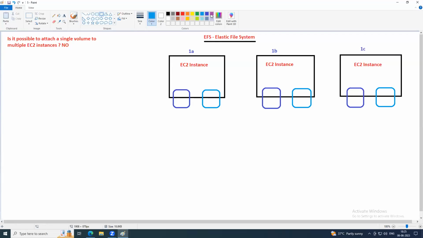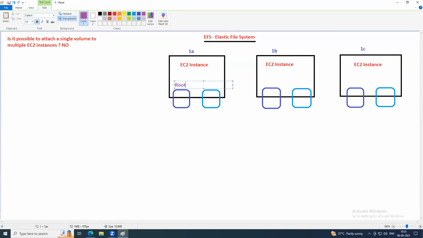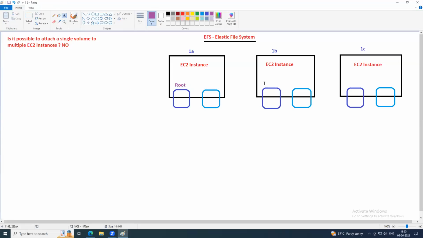So an EC2 instance is nothing but a virtual machine. This is the root volume. These are all the root volumes, and the rest are all additional volumes. Okay, so Chiti, now if I log into this EC2 instance,